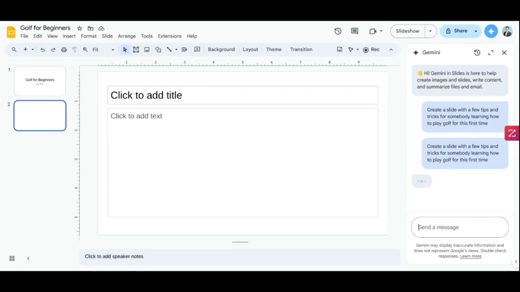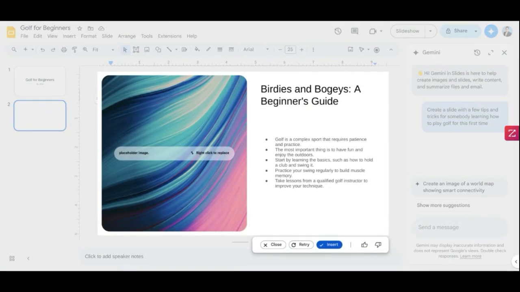So we're going to give Gemini a second to fire up, figure out what it wants to do. Just give it a little bit of time. Again, it's not going to happen instantly with a second after the prompt. But if you give it some time, Gemini is going to create us this slide. Perfect. So it's creative. I didn't ask for a specific image, but it gave me a couple of different options